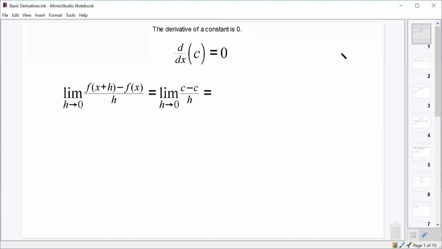The first rule that we're going to prove is the derivative of a constant. We talked about this the other day, where we drew a horizontal line and said its derivative should be 0 because the slope of it is 0. But if we wanted to go through and take the derivative, I'm going to tell you right now, this notation d dx means derivative